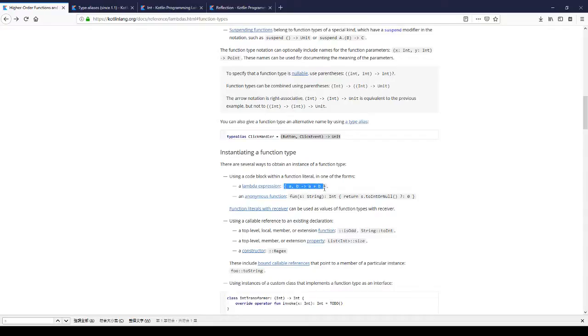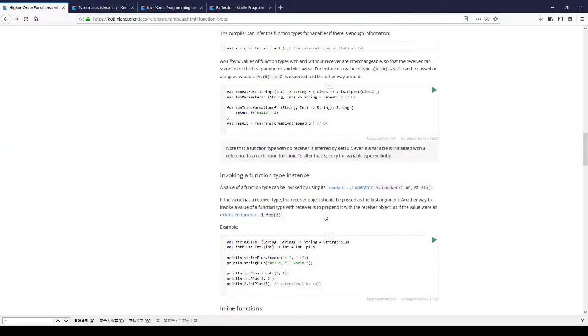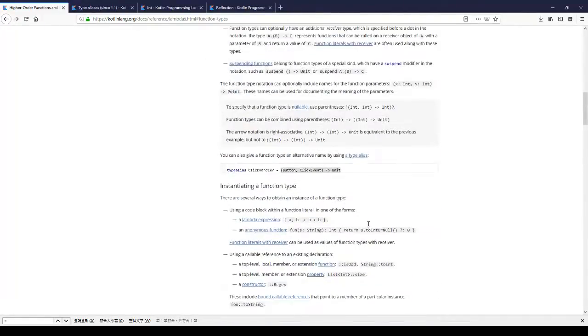So this is a lambda with brackets. I don't know. Big brackets? What's the name of it? Curved brackets or whatever. So it takes two parameters A and B, and it adds them. So we can also have an anonymous function. I never heard of that term. Anonymous function. Yeah, it's described later as well. We can have anonymous function,